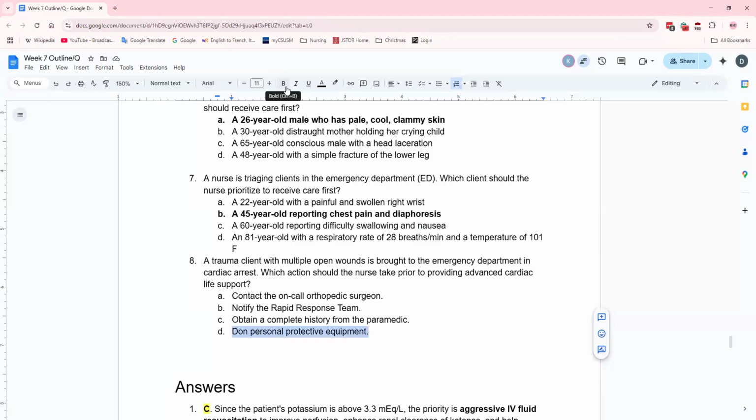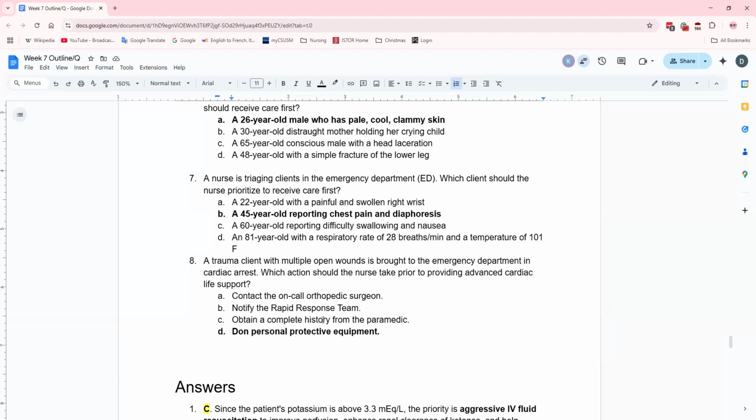Although I definitely understand the reasoning why a lot of people... I think it'd just be like, what, gloves? All you can get on, that's all you can get on. Although I definitely understand the rationale for B. Although I guess if they're already in DED and they have cardiac arrest, it's kind of a weird one. I think the rationale on that one doesn't really put too much on why it's not B. I'm pretty sure this question is not on the exam, but that's kind of the rationale.